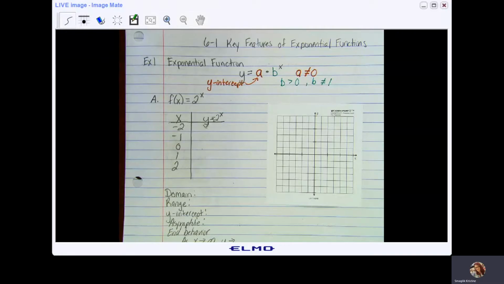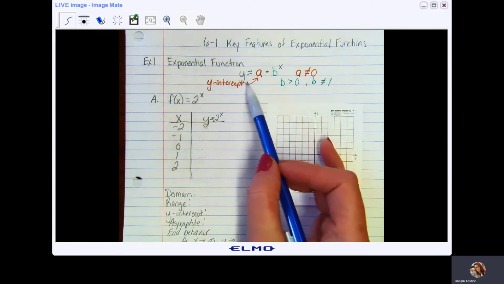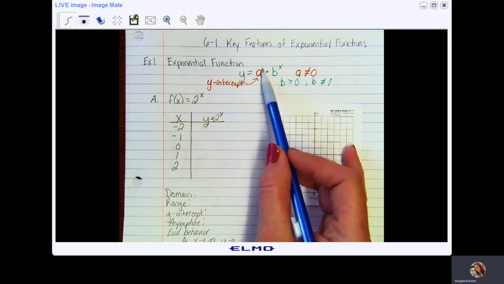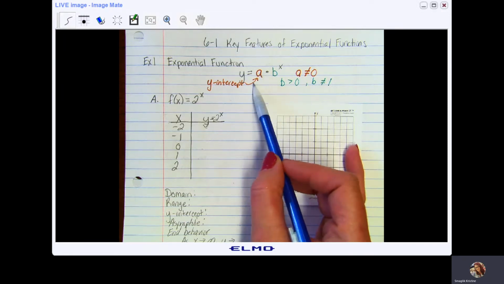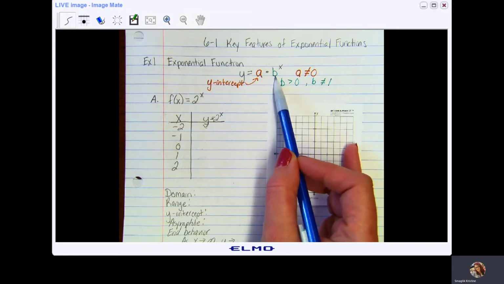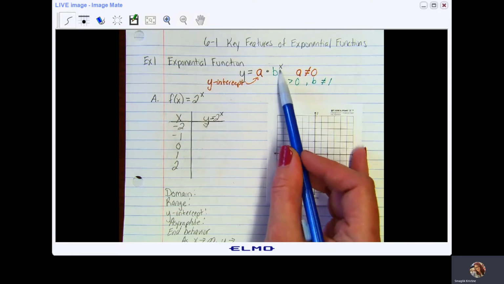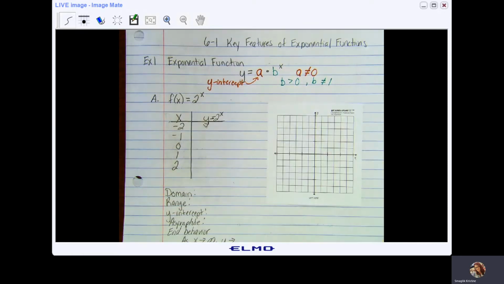Take a look at topic 6.1, key features of exponential functions. And here is your exponential function. You're going to have some a value. Whatever this a value is will be your y-intercept. You have b, your common ratio, and it is raised to, notice, a variable in the position